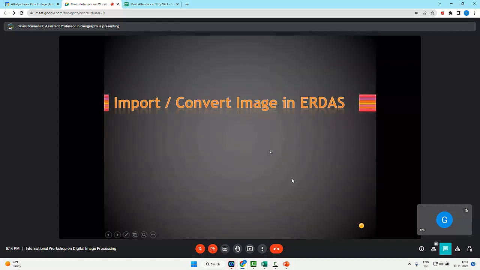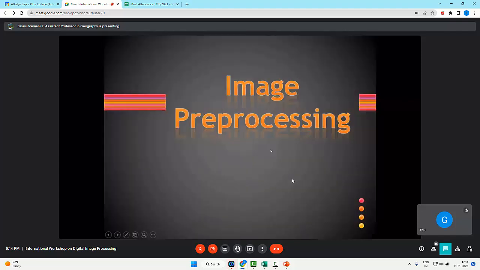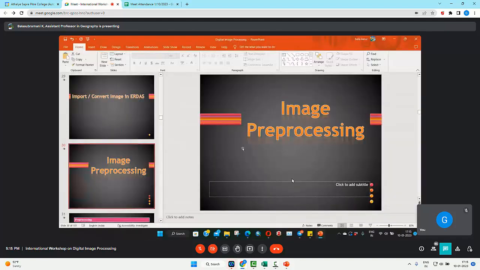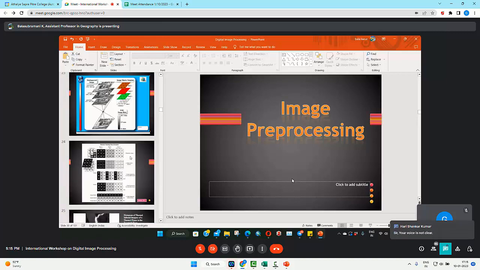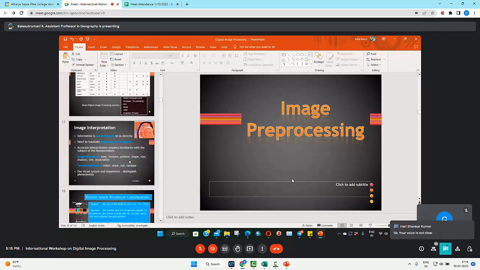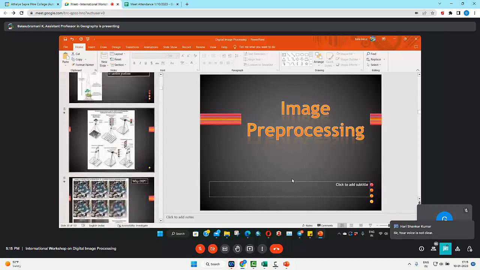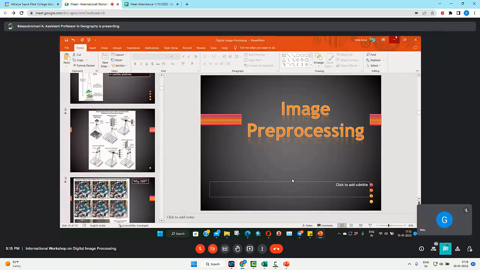So I am just stopping it here, but of course you will learn later, other people will explain to you about the steps I told you: the pre-processing, image enhancement, and image information extraction, or we call it image classification. With this, I just stop it here. The one way of